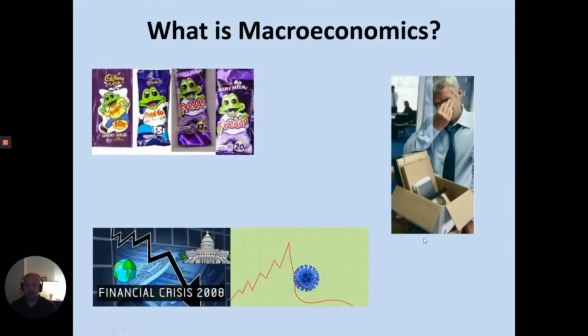Macroeconomics takes a bigger picture and it looks at wider things in the economy. So in macroeconomics, which we'll study in the second half of the year, we'll look at the things you see in the news. So things like inflation, we'll see why Freddo prices have increased so much. We'll look at the financial crisis and the impact of the coronavirus, both the short-term and the long-term effects of that, and maybe what caused them. We'll also look at unemployment in a fair bit of detail.